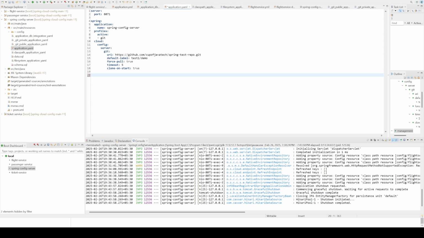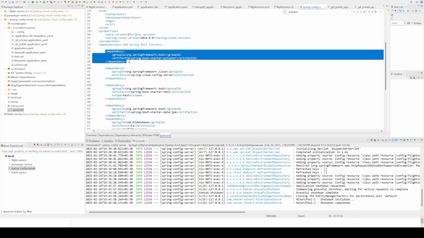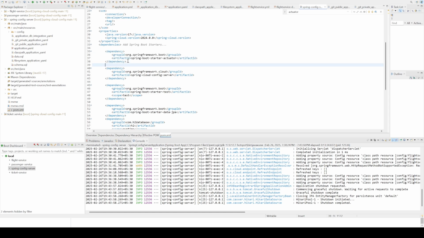So what we will do is go to the config server first, and in the POM I have added the actuator dependency, that is org.springframework.boot spring-boot-starter-actuator. This is the first change we need to make in the POM file. After that we'll go to